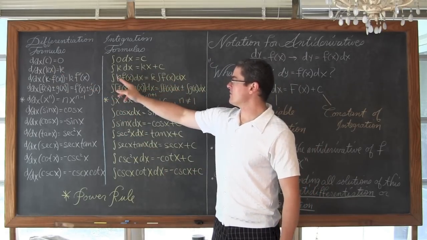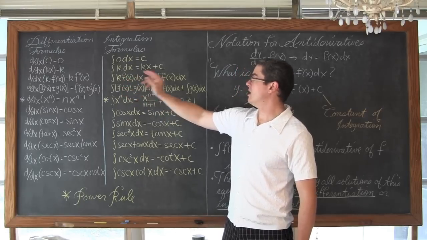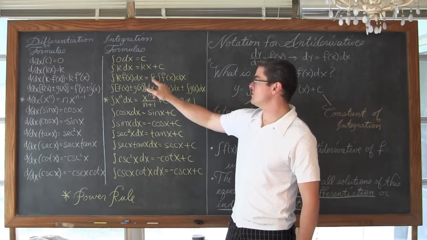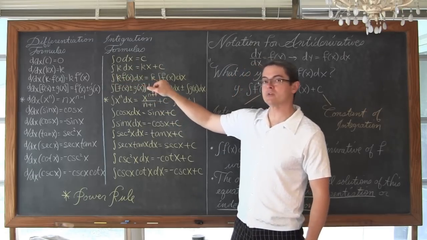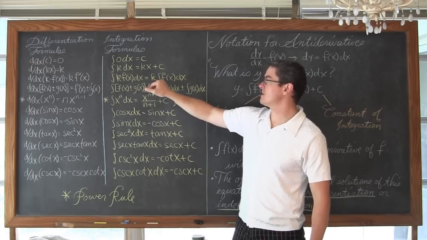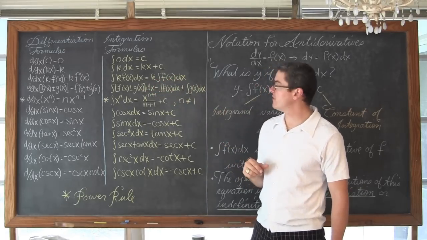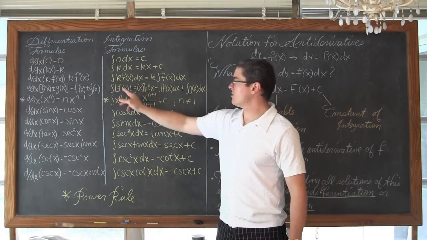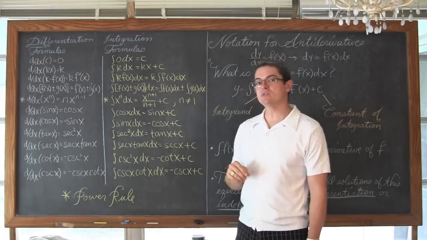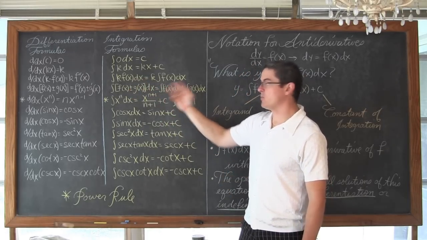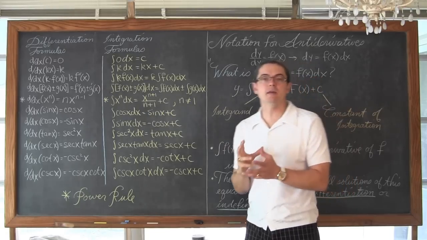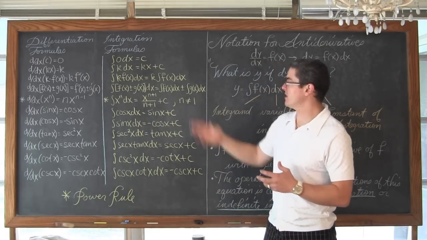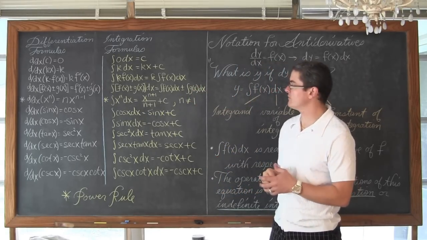We have the integral of a constant times a function with respect to x is equal to the constant. That same constant, we can pull that out in front of the integral notation, and that's that constant times the integral of that function. We have the integral of two functions being added together, we can pull that apart and find the integral of each individual term, again with the plus or minus in the middle, doesn't make any difference.